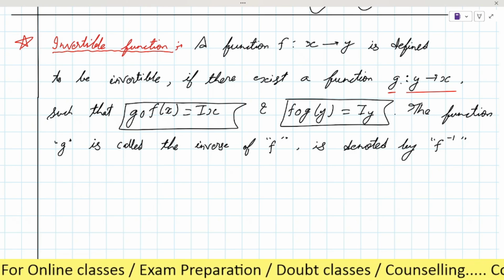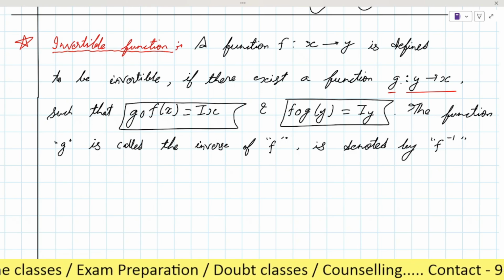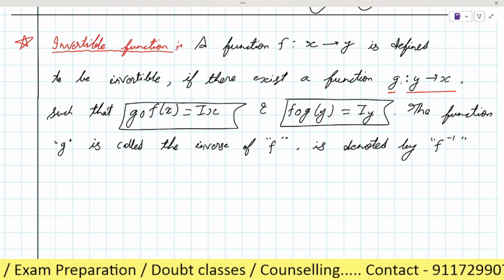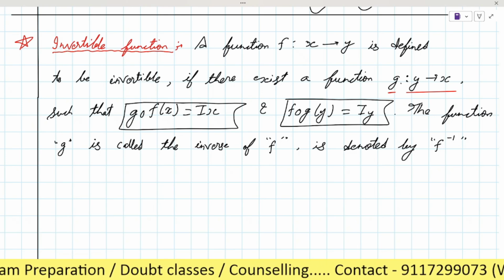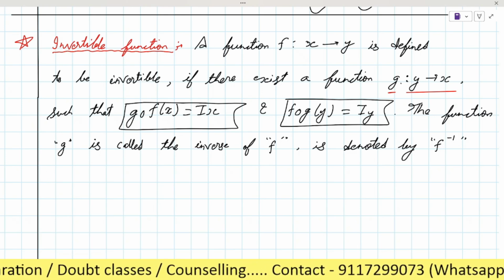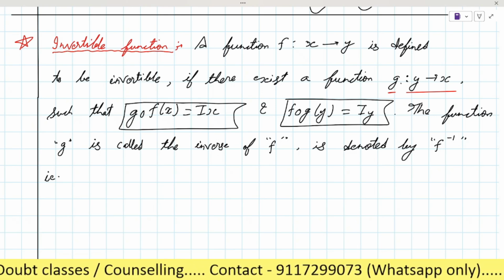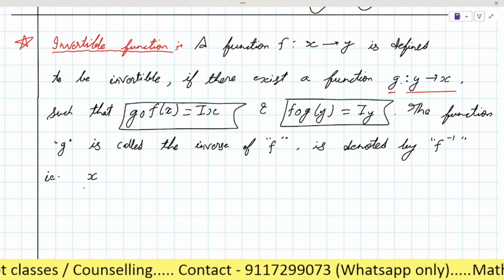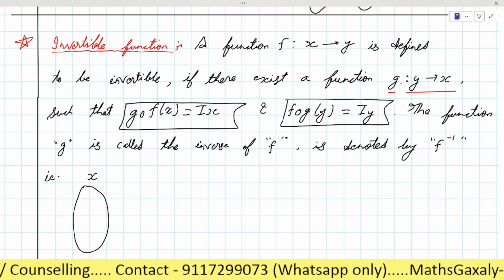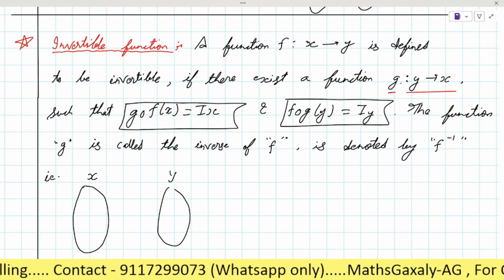And gof x will be ix, and fog y will be iy. Now let's see the pictorial representation: suppose we have a set x, and there is another set y.